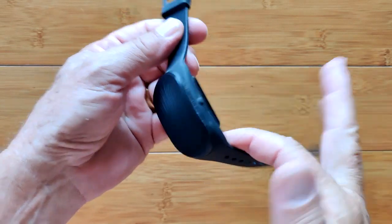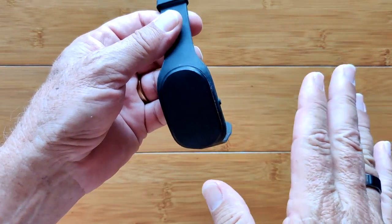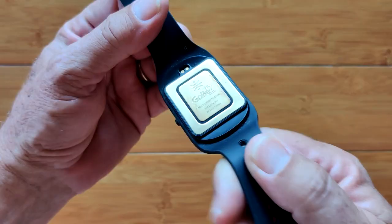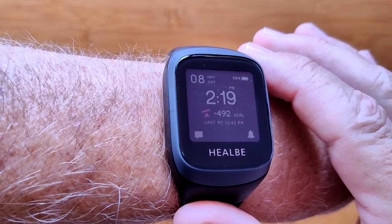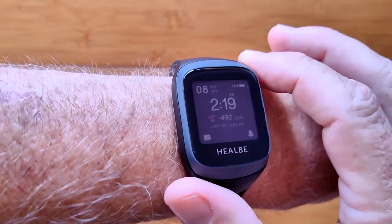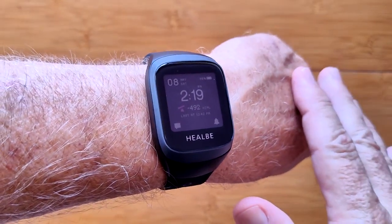Did somebody talk about appetite suppression? How about monitoring your whole caloric input? Yeah, backed by popular demand, the GoBe line. This is the GoBe2, but we're going to talk about the GoBe3. This is the HealBe GoBe3. It's an updated version of the GoBe2, which was a revolutionary watch to track your caloric intake on a daily